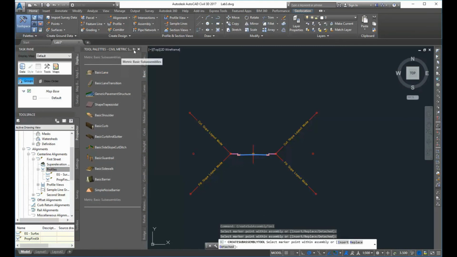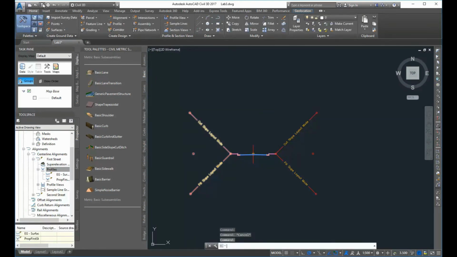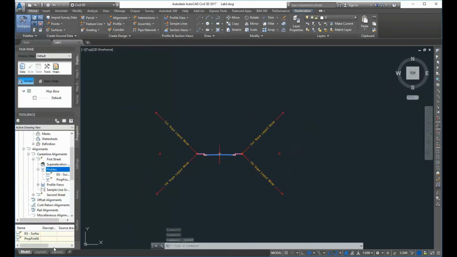Okay, I'm going to go ahead and close this. And close the cancel. That's not what I want to do. Save it, and I just wanted to show that, there it is. I can close the palette since I'm not going to make any more assemblies. There it goes. And just point out that you can see